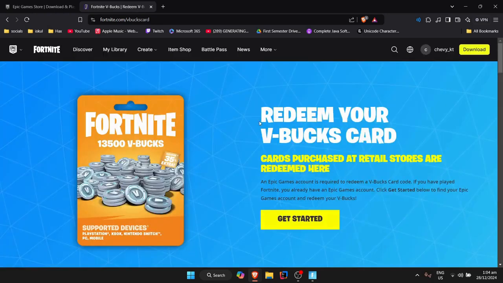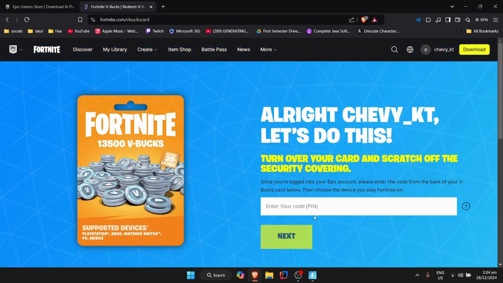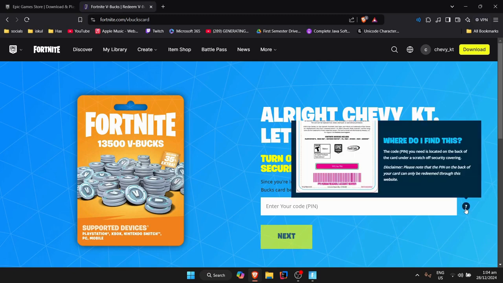Now, once it is all loaded up, this should pop up, and now you just simply need to click on Get Started. And here you will need to enter a code or your PIN. And as you can see, please enter the code from the back of your V-Bucks card below. So you need to input it right here, and you can hover to this question mark here at the right